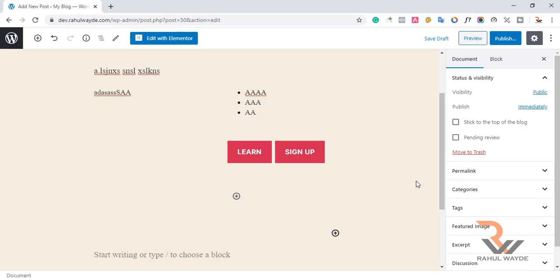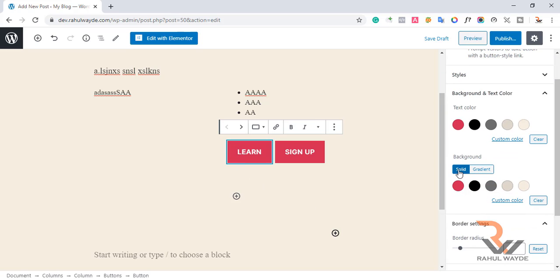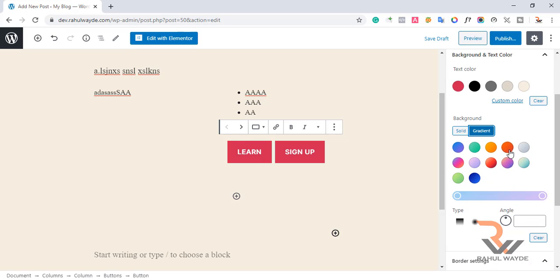So one more thing has been added to customize the button, which was not present in the last version, is gradient background to the buttons, right? So I will just click on one button here, and in the background section you will find this solid, and look here, the second option is now gradient. In the last version it was not present there. Once I have clicked on gradient, you will find there are a lot of options to select. So you can select as per your needs, and look here, the button gets changed as per the gradient color. So this is the feature which has been added in WordPress 5.4 version.